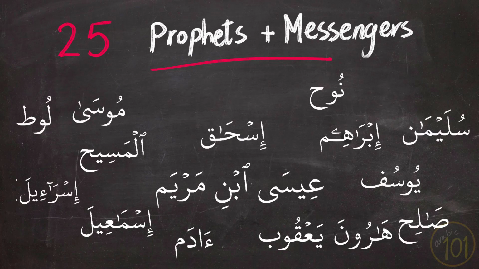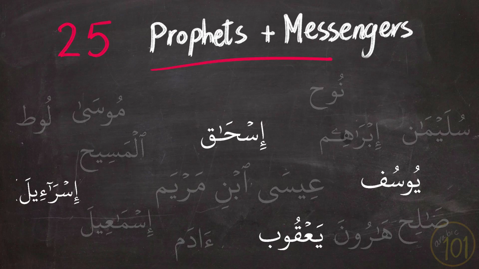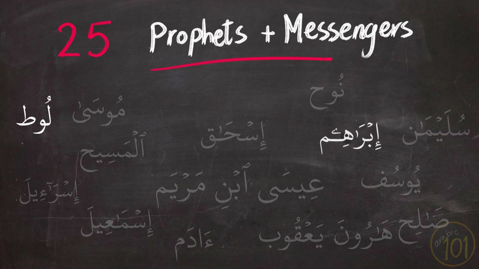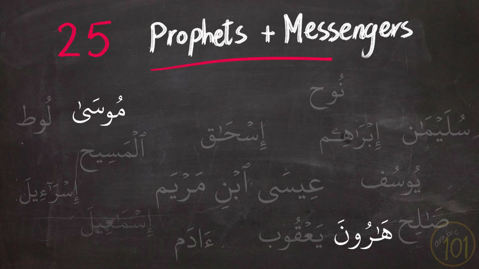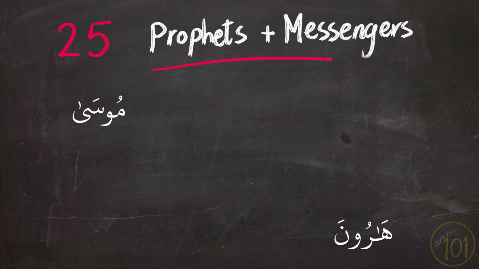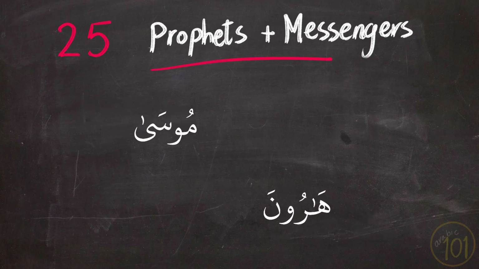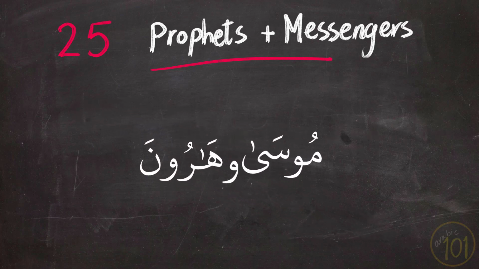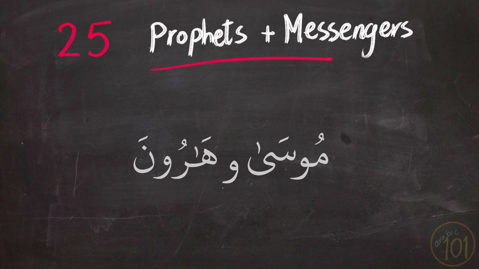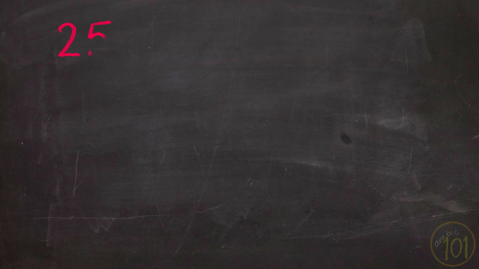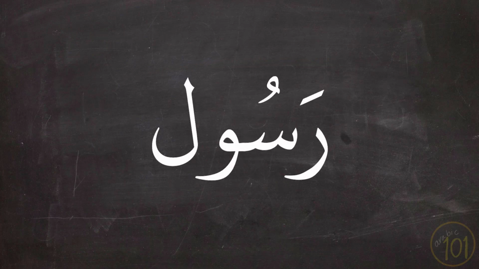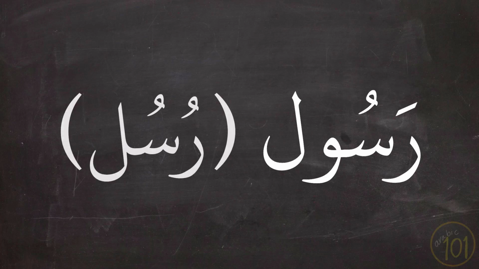Some are used in combination with one another, since they were family, related through the time period, or they were just sent to the same group of people, like for example Moses and his brother Aaron. So I tried to highlight the most frequently used combinations to make it easier for you to remember their names. So let's get started. And the first word is Rasul, and the plural is Rusul, and it means messenger and